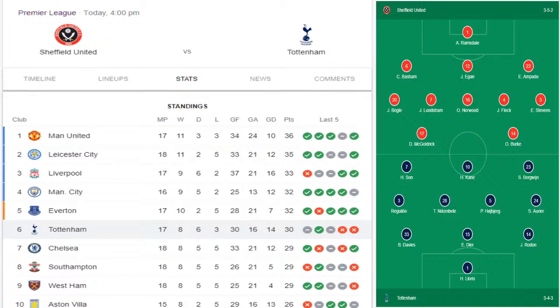Three. Aurier as wide fullback on the right hand side, Reguilon on the left, and Ndombele, Højbjerg, Bergwijn, Harry Kane and Son make up the 11. You see it as a 3-4-3 almost then, Kevin? Yeah, 3-4-3, 3-5-2, whatever way you...